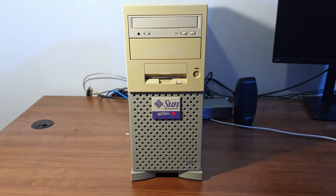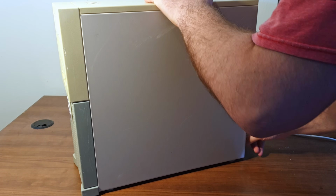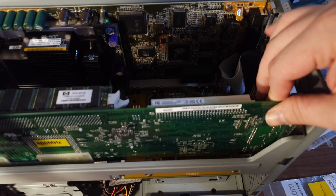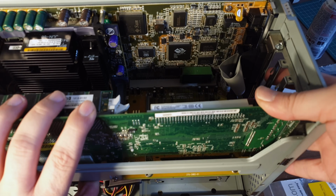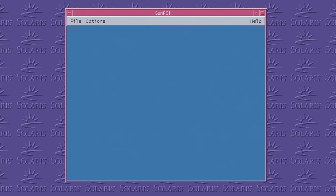For mediocrity this bad, we have to turn to the legendary Sun Microsystems and this Ultra 10, which, when combined with Sun's PC compatibility board, the SunPCI, opens a world that can be best described as